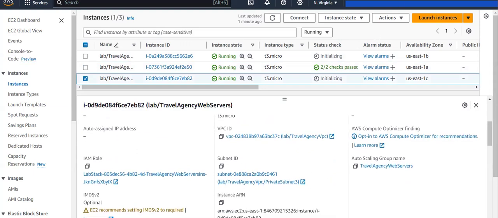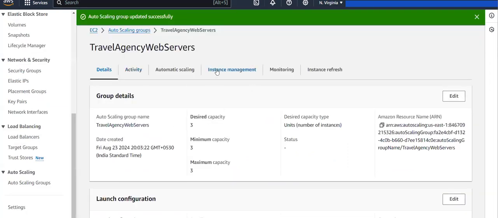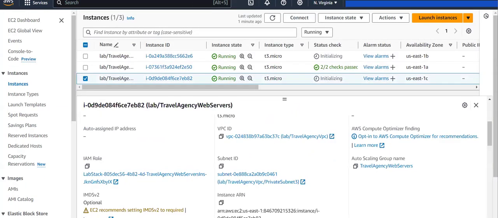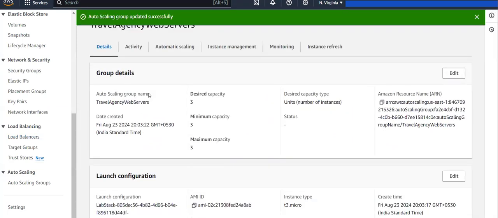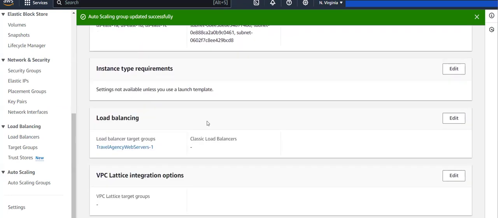So who did this creation? This auto scaling group automatically did this creation. Okay, how can we access these servers? Through the load balancer that we previously created from our auto scaling group. Here you can see we created a load balancer from here. Now I'm opening that load balancer and refreshing to see